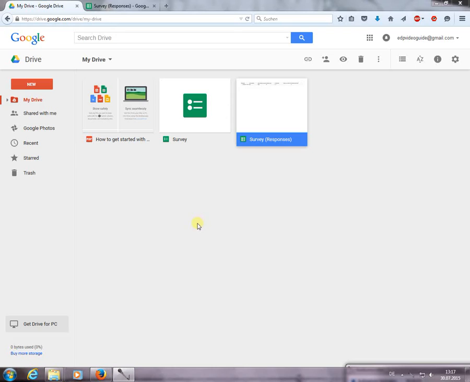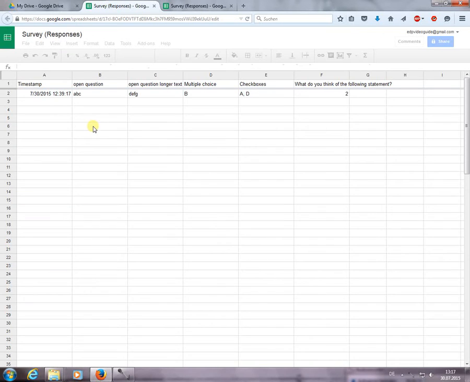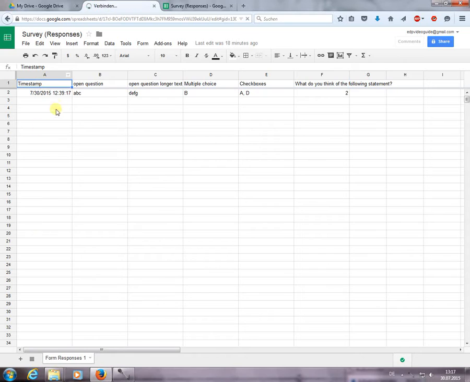If we now go back to the Start menu of our Google Drive, you see that there is a new file for the responses. This is created automatically by Google Drive. You do not have to do anything. If we double click on this file, you see that it is a nice sheet where all the answers are filled in for each different question. The number of answers you can have is unlimited, and you do not have to pay anything to see them,